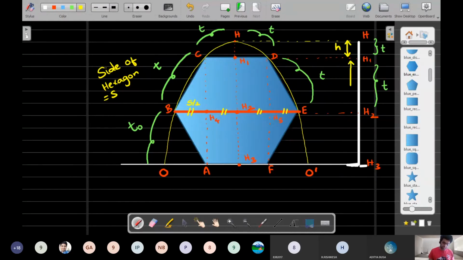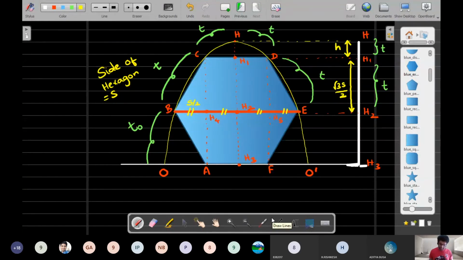And what about this displacement? Is this a known? Let's check. I think it is known, right? This gap is equal to this gap, right? This gap, which in this right angle triangle, right? Can you see a right angle triangle here? This being S and this being S by 2, I think this should be equal to root 3 S by 2, right? So this I'll borrow here and mark this as root 3 S by 2.